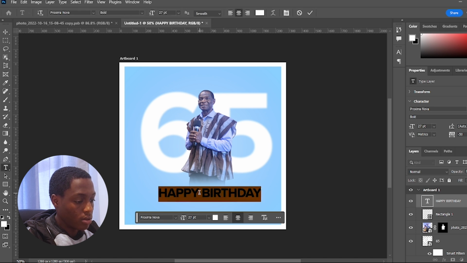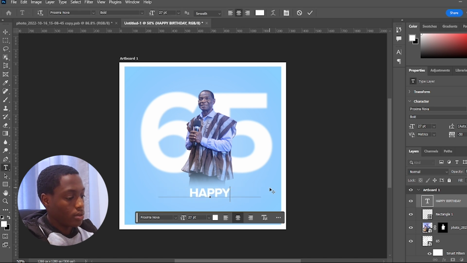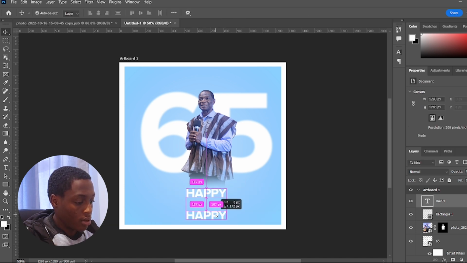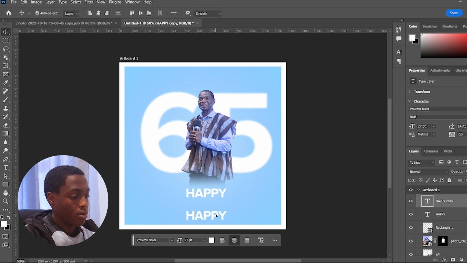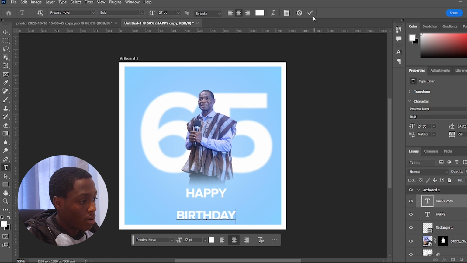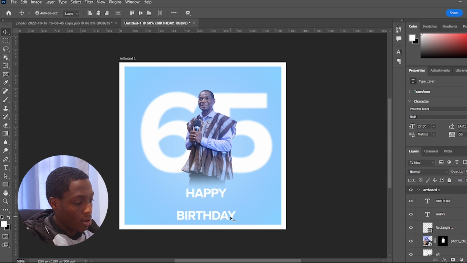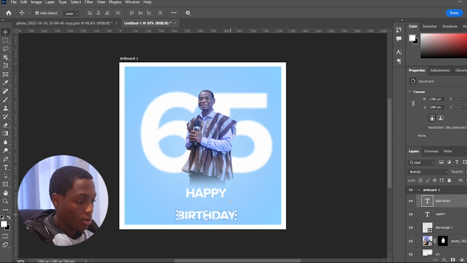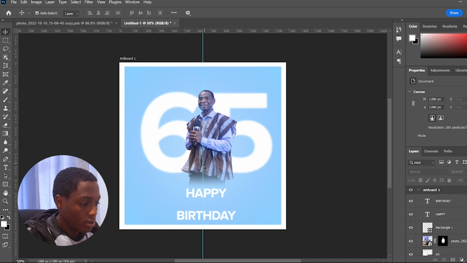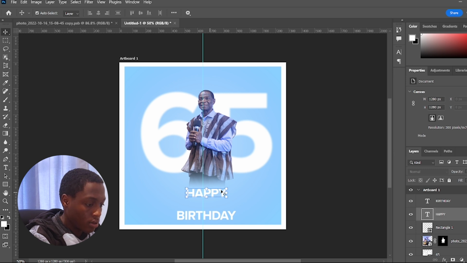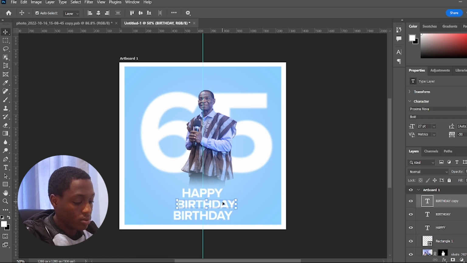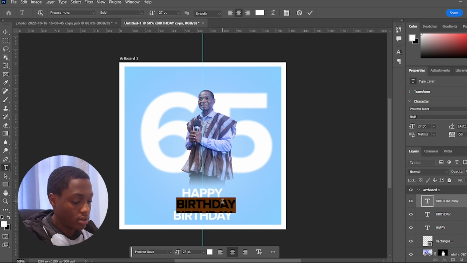Actually, I'm going to put birthday here. And now I'm going to center it. I'm going to make sure it's centered, so I'm going to use the ruler, drag it, and make sure the text is centered. If not, I just center it. And I'm going to add a little text here that says